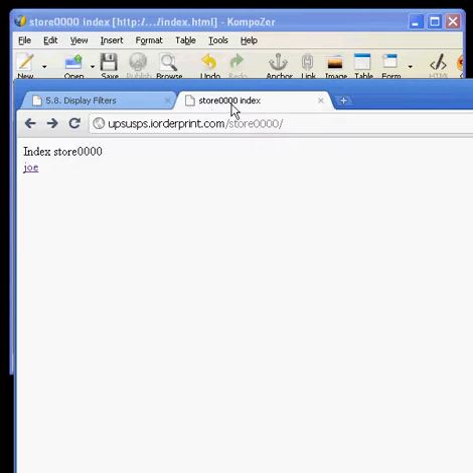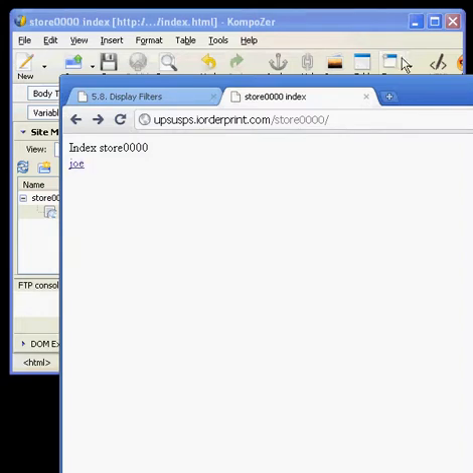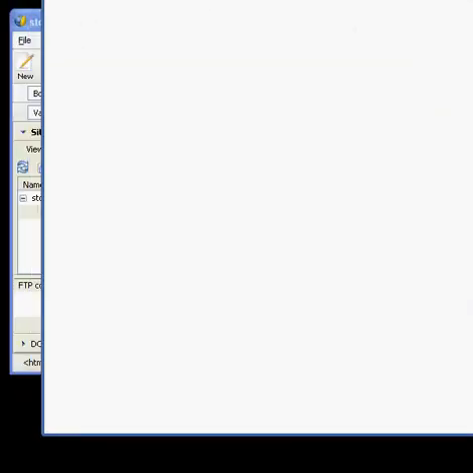This could of course be anything. We could call it home page, any title that we'd want up here. Now we look down here at our hyperlink that we created, this Joe hyperlink, you see at the bottom of the page, the hyperlink going to store 0 directory Joe. And if we were to click that,